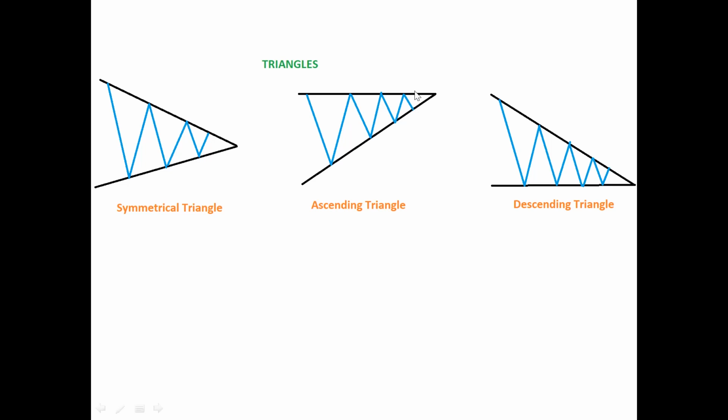Now if the price breaks on the upside, right, I'll buy here. When the price breaks towards the downside, I'll sell, right? When the price breaks up here, I'll buy with this stop loss, and the target will be this much length at the max I can have on the upper side as my target. This is the mouth of the triangle, or opening of the triangle. So this much target I can have on the upper side with this stop loss.